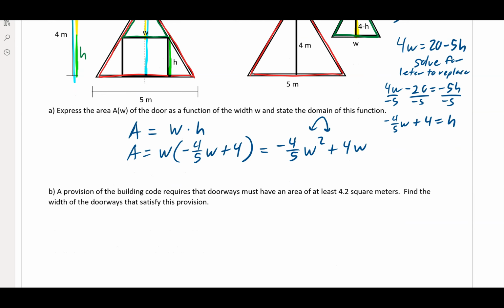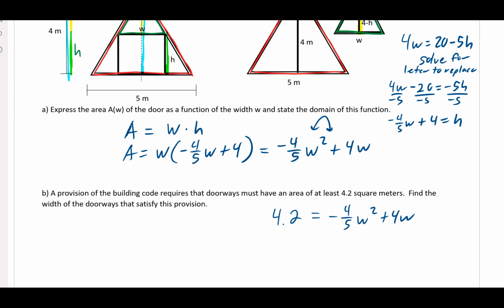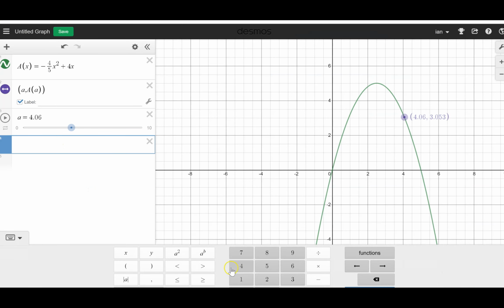It's saying here that a provision of the building code requires that doorways must have an area of at least 4.2 square meters. So the area of the door must be 4.2 square meters. So what we're getting is this. And so we can solve this using the quadratic formula, but like I said, that's painful and we don't need to. So if we go to our calculator and we put in 4.2 and hit enter, with a y in there,